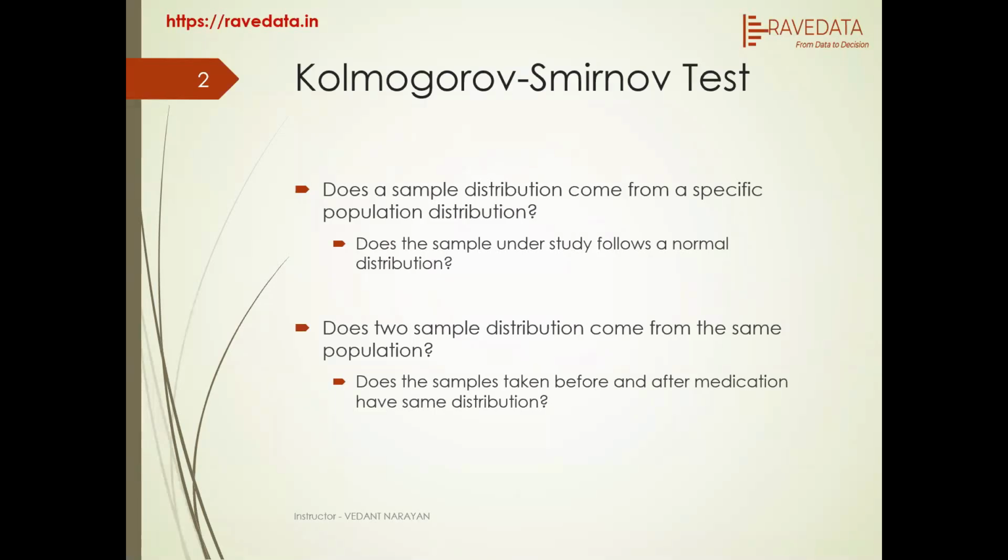In this video, I will discuss the Kolmogorov-Smirnov test to test a hypothesis. Before we start the KS test, we want to know why we need such a test. In some situations, we want to know if a sample distribution we have comes from a specific population distribution, like if a sample under study follows a normal distribution or Poisson distribution or binomial distribution, any of the known